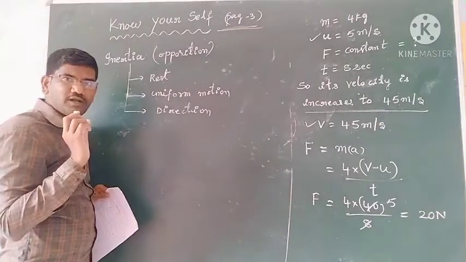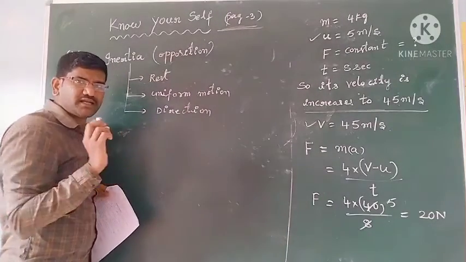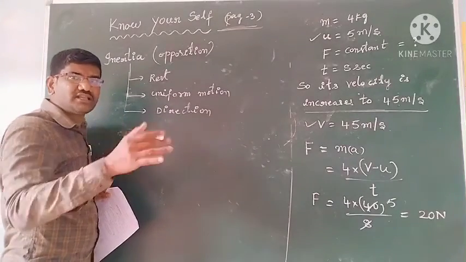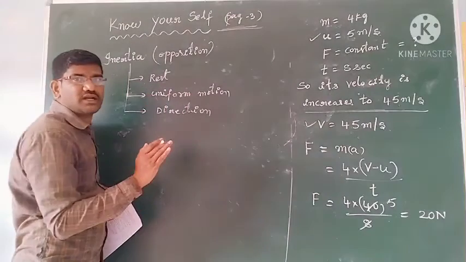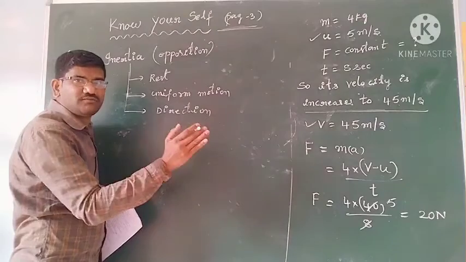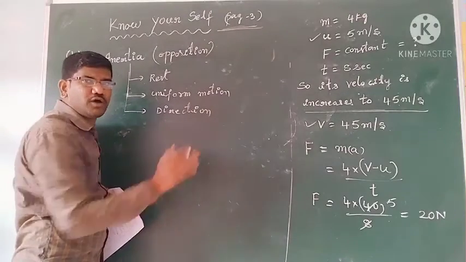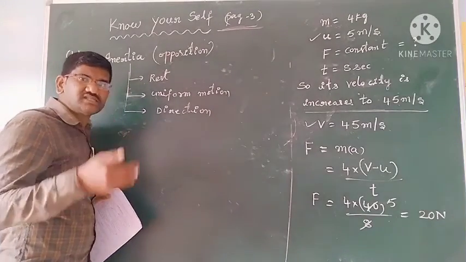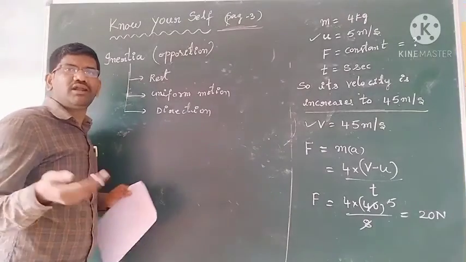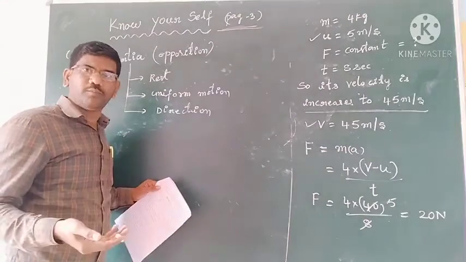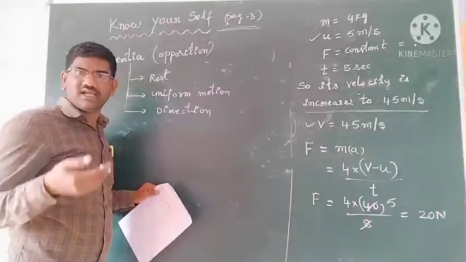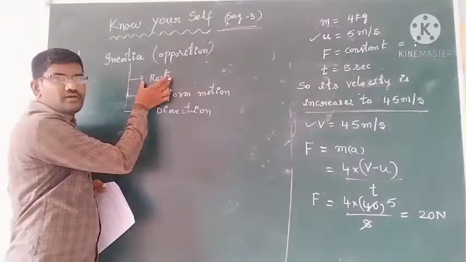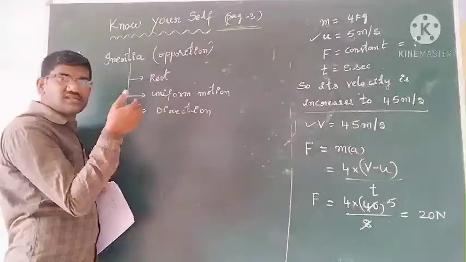For example, a football is going in a particular direction. If we want to change the direction of the football, another player should apply force on it, then the direction of the football will be changed. So an object cannot change its present state by itself. That is called inertia. It's an inherent property by virtue of which it neither changes its present state nor tends to change it. So if an object is at rest, it cannot change its state of rest by itself.